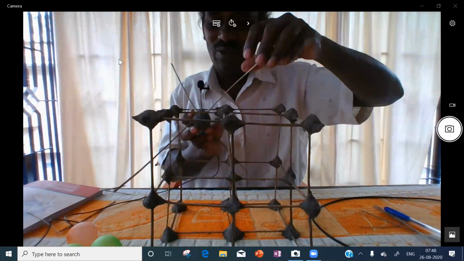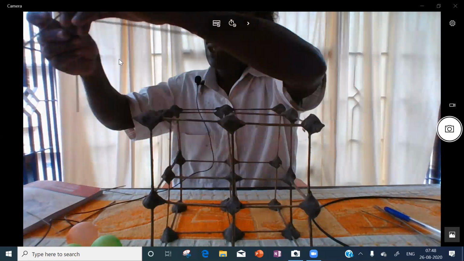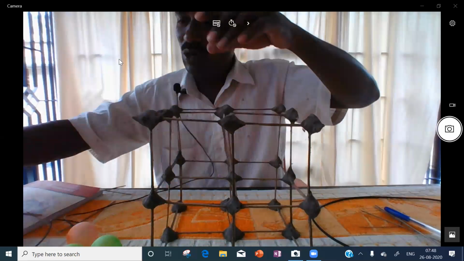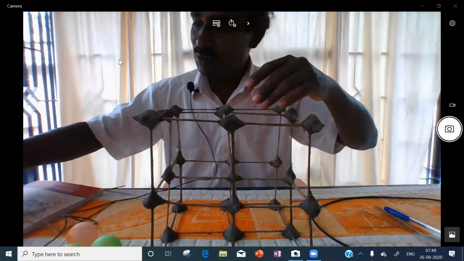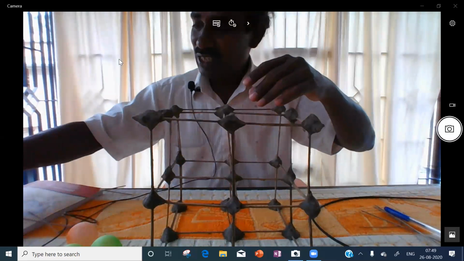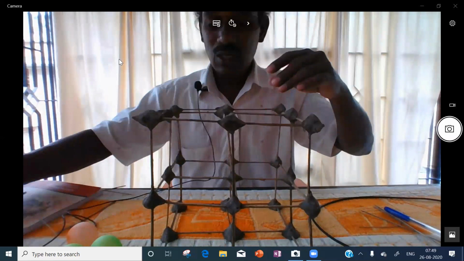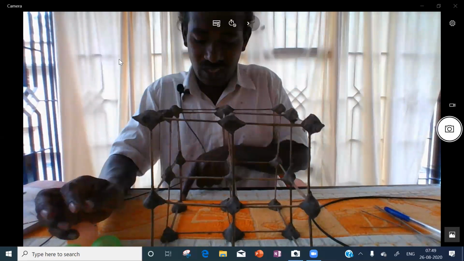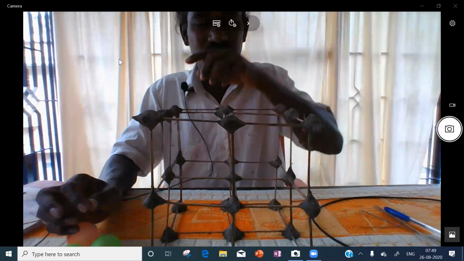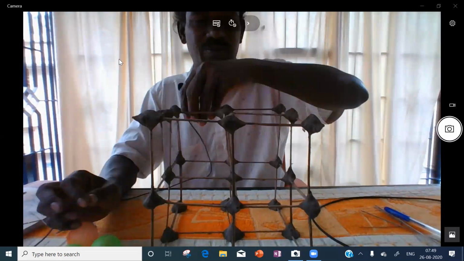Therefore, in the FCC unit cell, how do we find tetrahedral voids? Have you got the idea? It is one FCC unit cell. In this FCC unit cell, 8 small cubes are possible.